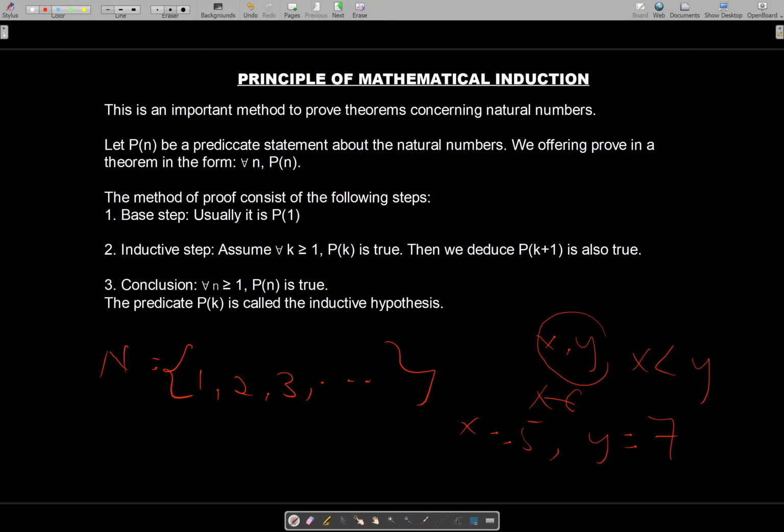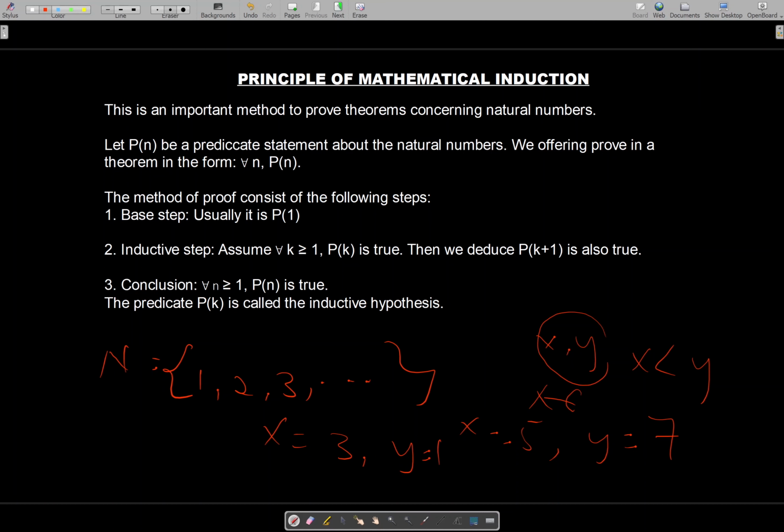Also, when we choose 3 for x and 1 for y, but the predicate states that x should be less than y, realize that 3 is actually greater than 1. Here we can see that this is a false proposition. That's all for predicates. It's made up of variables. So when you have P of n be a predicate statement about the natural numbers, then we have